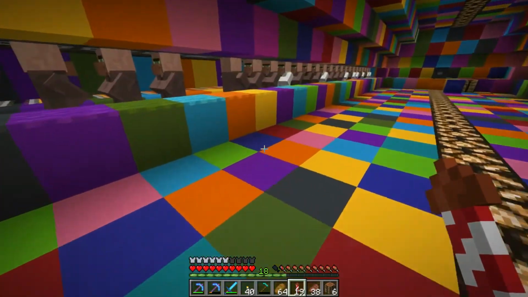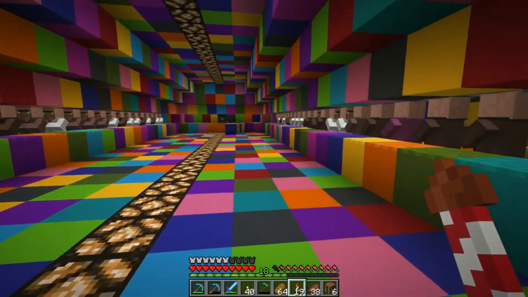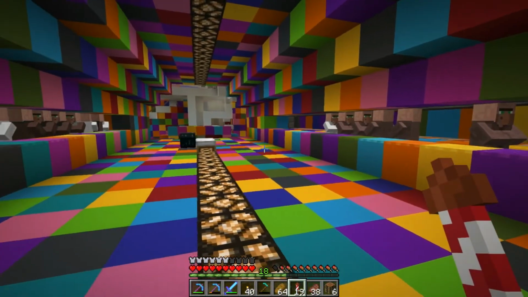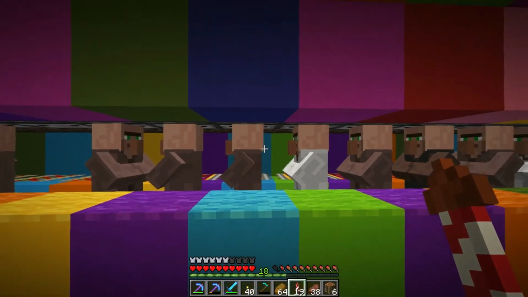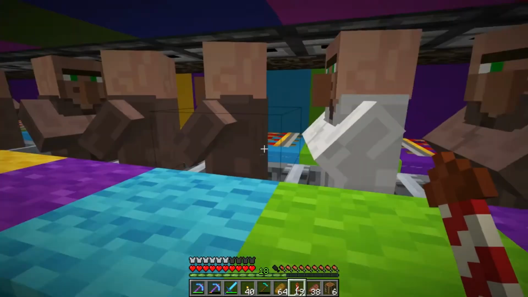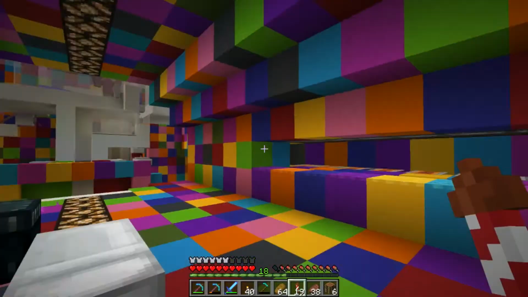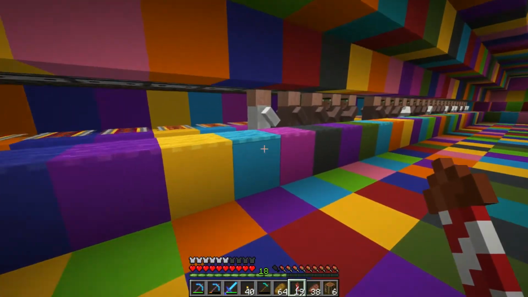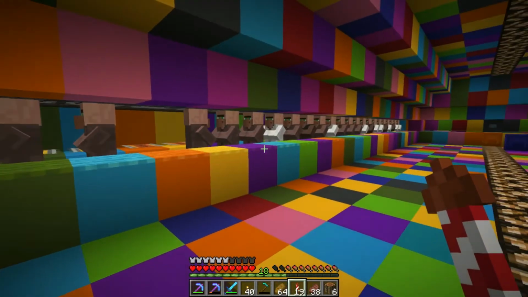Now, one thing I have noticed is this kind of trading hall, once you get to about like this mark, it starts to act a little weird. Like these guys were coming through, and they're only supposed to take a half heart of damage when they fall through the soul sand. And I had so many guys die, which is really less than ideal. I mean, if you find a librarian and you're trying to keep him, and then he dies being loaded into your trading hall,